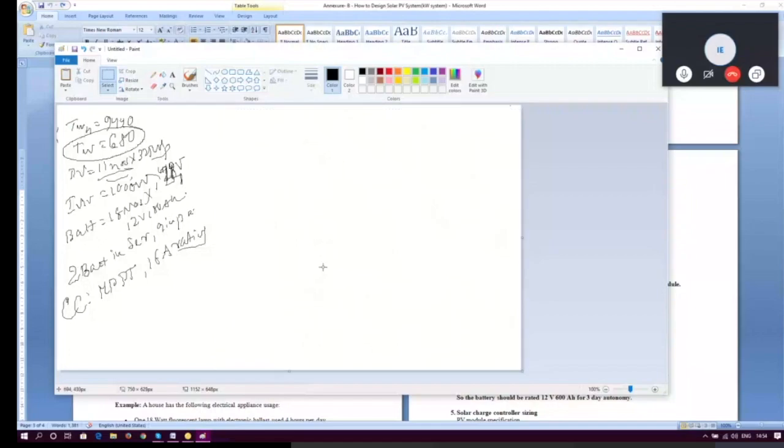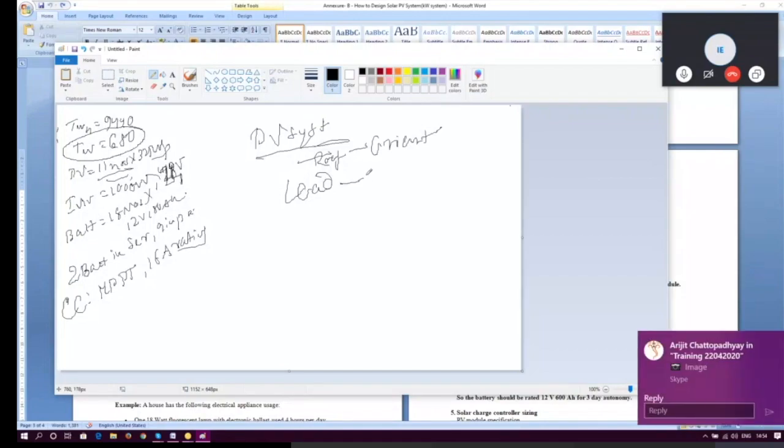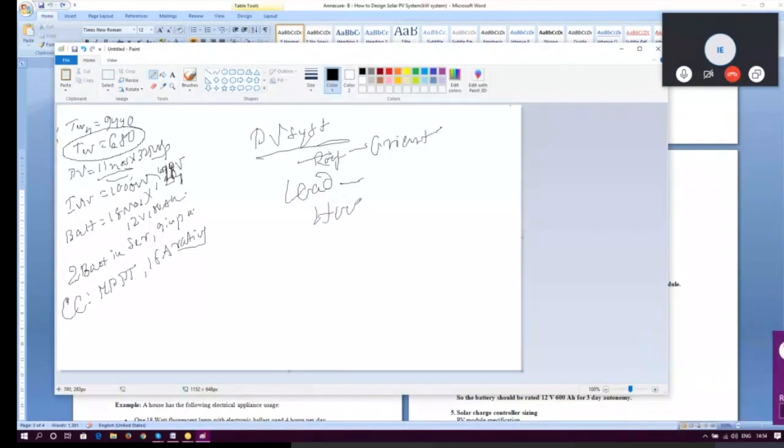Just a brief: whenever we go for the PV system design, we need to put the load analysis and the roof analysis, obviously in the orientation part. We are going to give the roof analysis in the orientation part. We need to put the load analysis. There is a load analysis column with the hourly distribution. This would be a new thing coming in the case of PV systems, right? So hourly distribution of load with the load analysis.